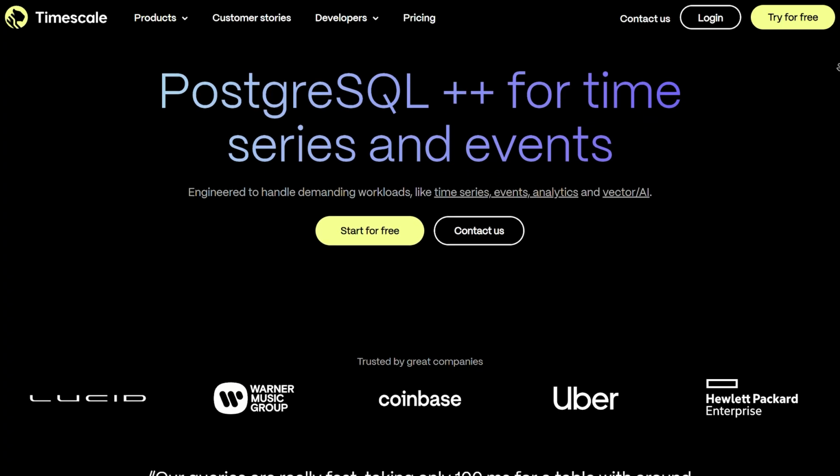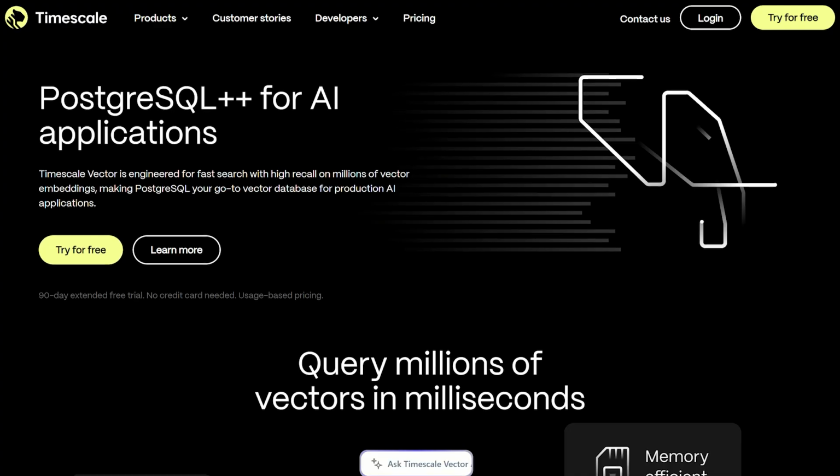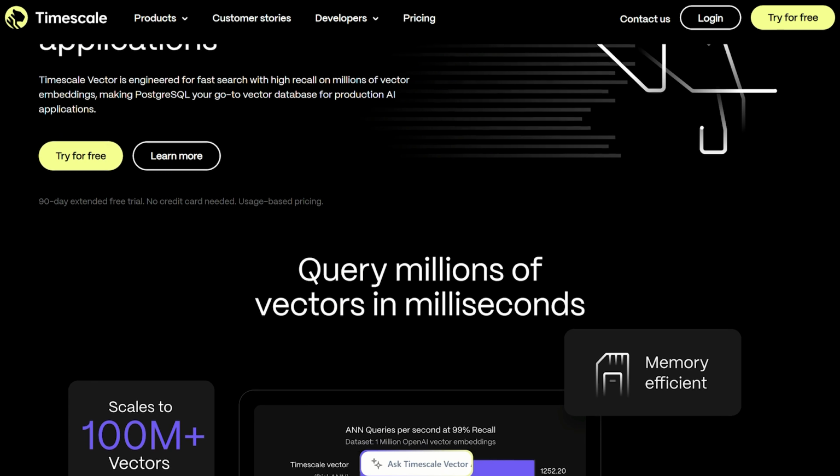Now today, instead of Postgres, we're actually going to be using a product called Timescale. And Timescale is a hosted database offering, which is built on top of Postgres. And originally they built the product to add some enhancements on top of Postgres, especially better performance when dealing with large volumes of time series data and real-time data streams. But last year they also released their new vector product as part of the broader Timescale offering. And this again is aimed at improving on pgvector, such as adding a more performant vector search algorithm, as